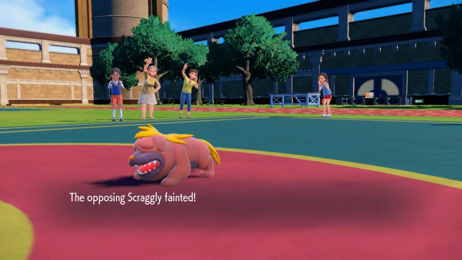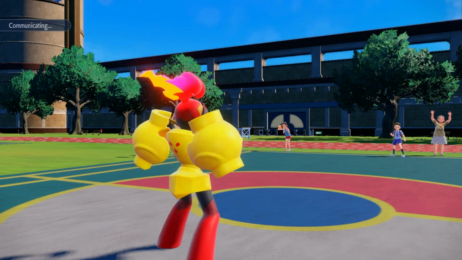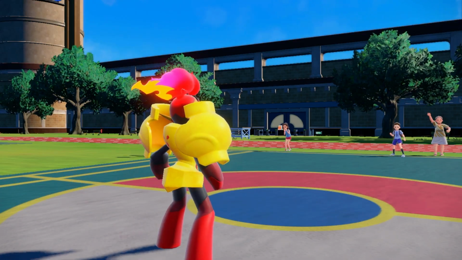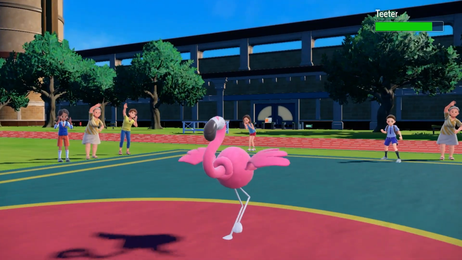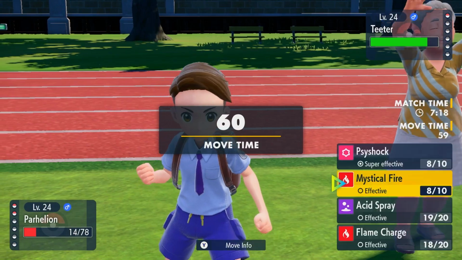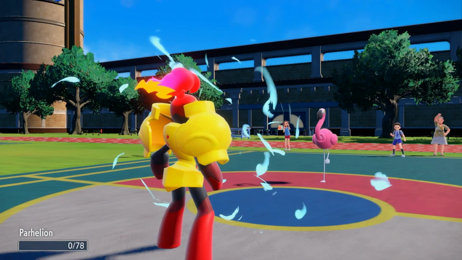Because as you can see here, the Mystical Fire easily knocks out his Mastiff. And in all honesty, had I not missed there, I probably... Well, we'll see what happens here. I don't want to spoil it yet. But Deiter sends out his final one. It's funny because he was very clearly recognizing throughout the battle that Flamigo was easily his...